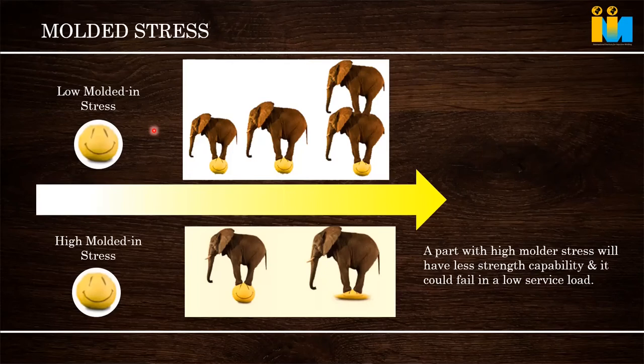Weatherability: in weathering also, if it is staying in the atmosphere, UV also attacks more when molded stress is more. I can give an example with corona. If the person is already diseased, then corona can attack easily. If the person is already immune and healthy, corona cannot attack; he survives even that. It's the same way. Higher molded stress means it fails very easily.